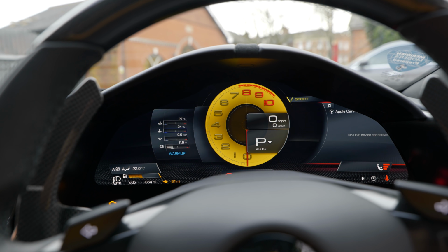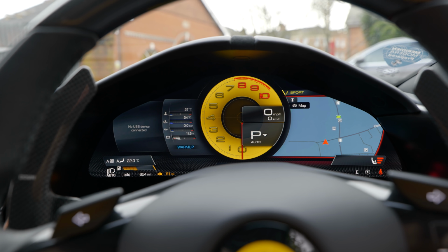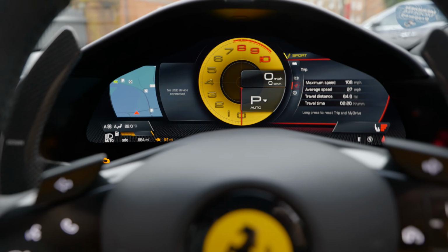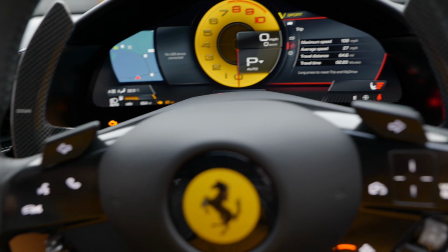So you can go down, up, left, right. If you hit left and right, slide through it, it'll just give you different screens on the right for whatever you want, and then up and down will give you different options within those screens. On the back of the wheel, so just hidden behind here, you're going to find stereo controls for volume and